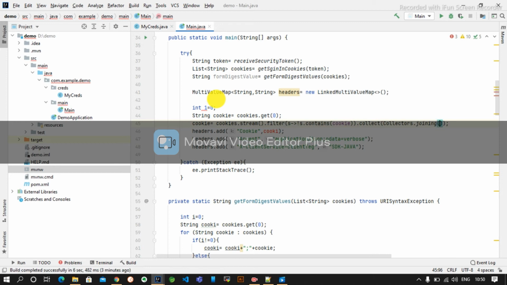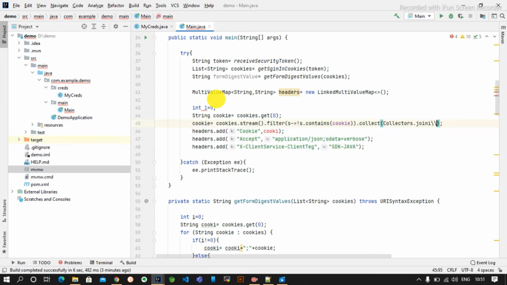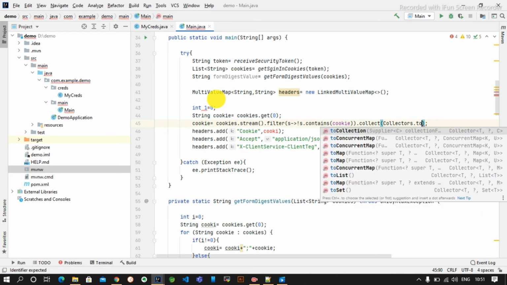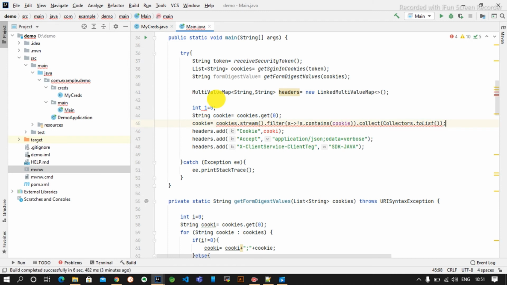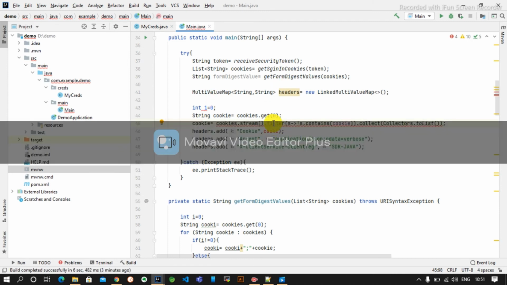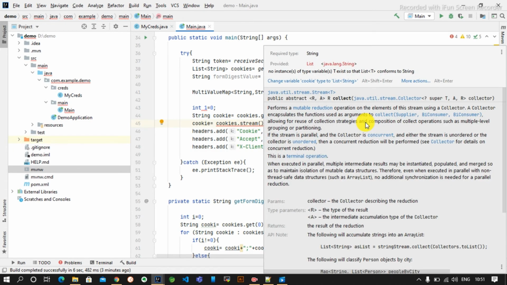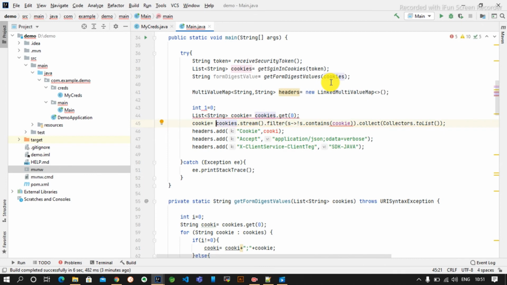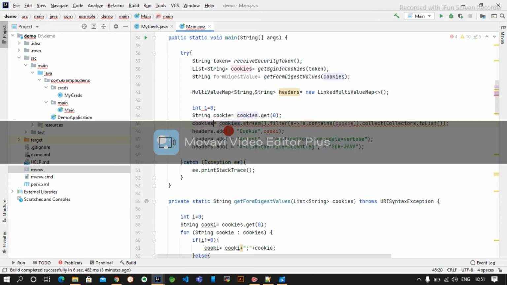Okay, collector dot to list. Collectors dot to list. Sorry, here it will be cookies because the return type is a list of string.